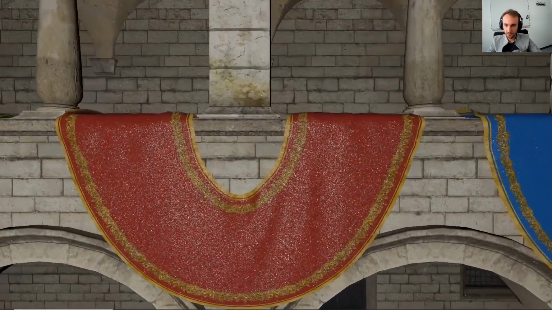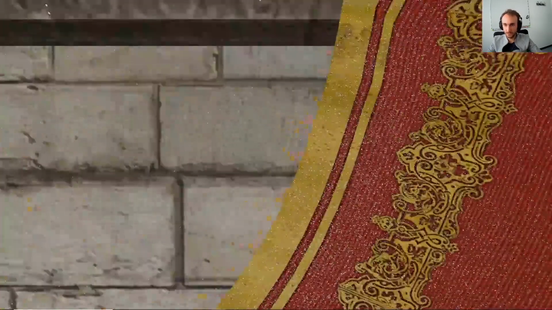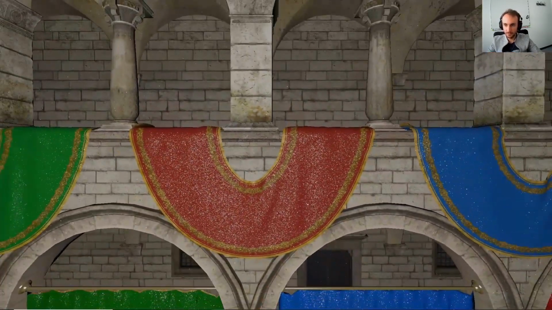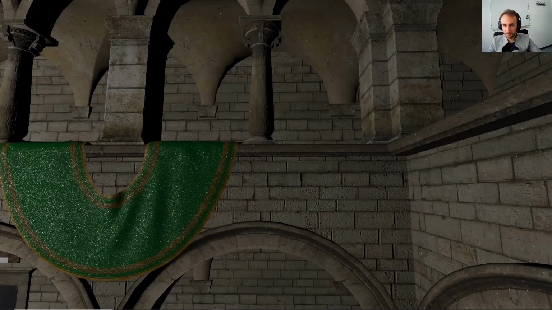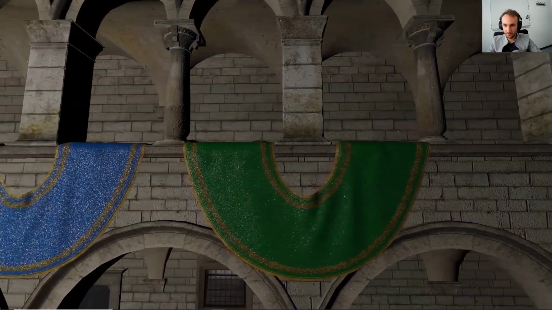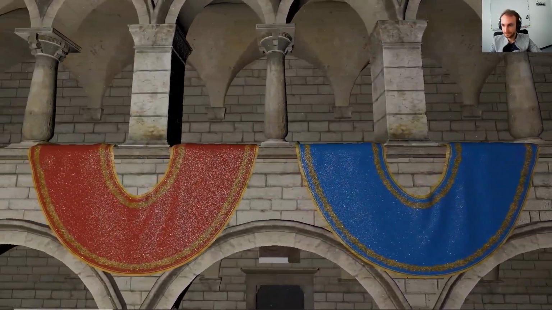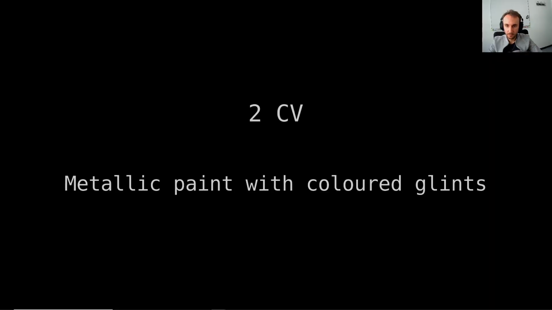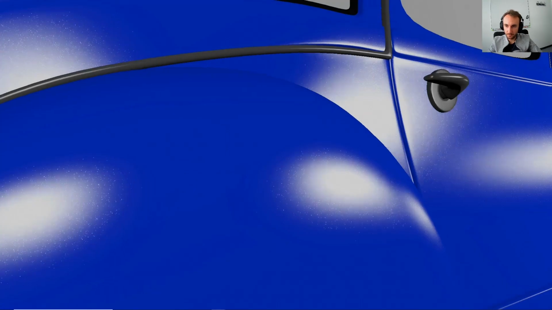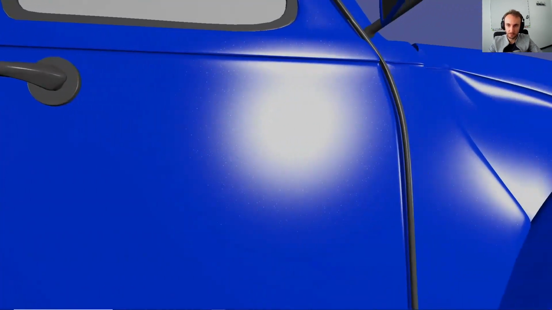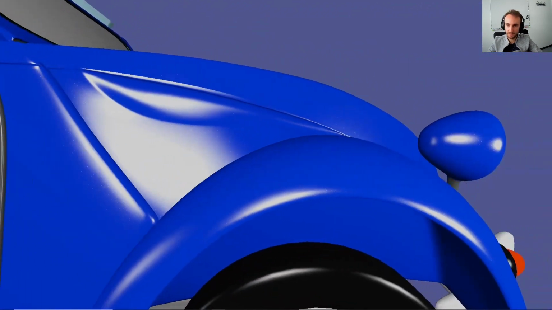Now I'll show you some animations. Here we have the Sponza scene, where the stones have glittering minerals, visible only if we are close to the material. We also have glitter curtains with a much higher relative microfacet area than the stone. Here we have a Deshero. We use our glittering BRDF to model metallic paint. Here the glitters are randomly colored to simulate iridescence cheaply.